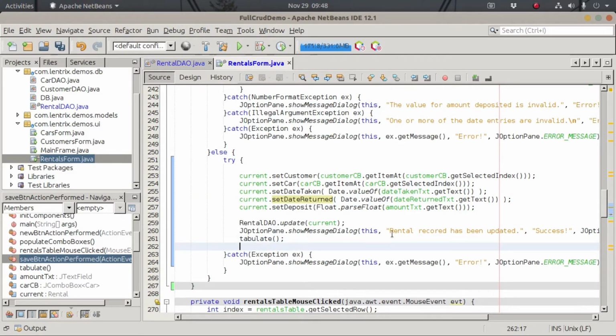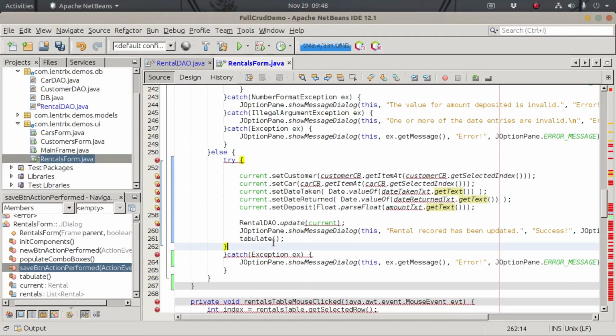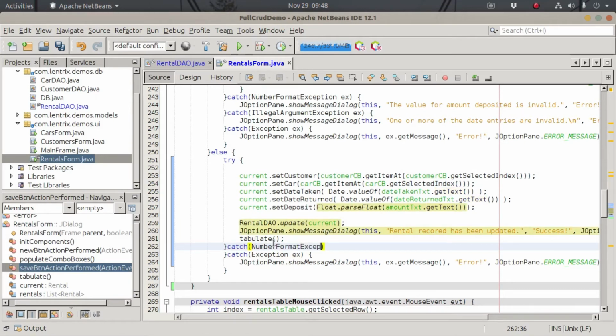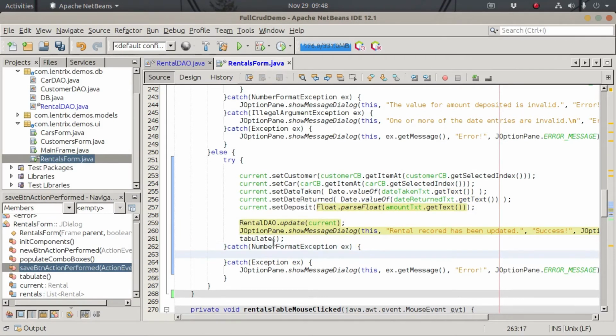Before the illegal argument exception, we also need to catch this one. We are going to parse the text into float, and this is also going to throw a possible number format exception. We'll do that first, because number format exception is actually lower in hierarchy than the illegal argument exception. So we have to do that first. Number format exception, and here just copy this